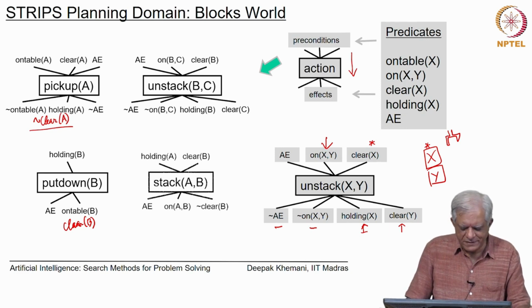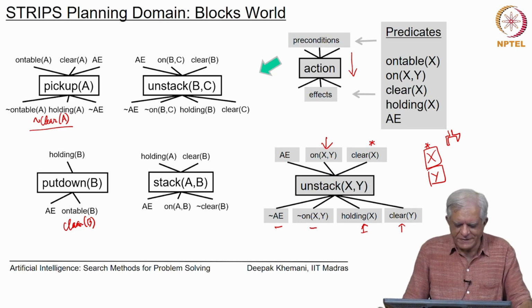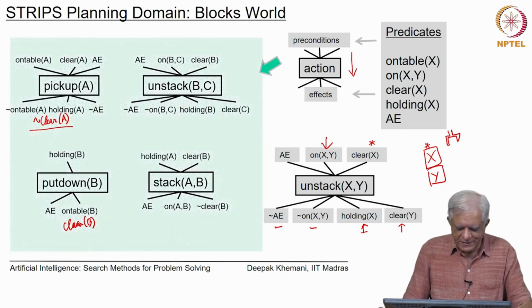Then we have the opposite of unstack, which is stack. So, you can stack A on B provided you are holding A and there is nothing on top of B, and the effect of stack would be that the arm would become empty, A would end up being on B and B would not be clear. Here we have said that because we are putting A on B, B was clear to start with, but it is no longer true after the action essentially. Okay. So, these are the basic operators from the STRIPS planning world,